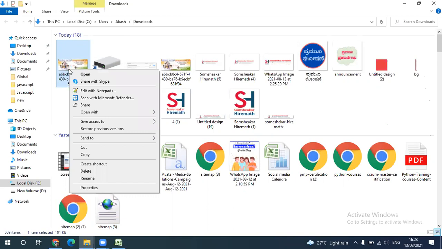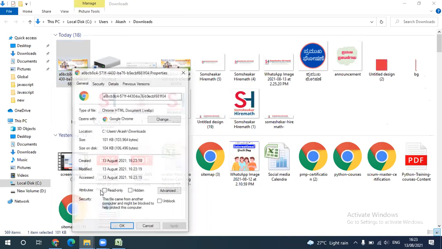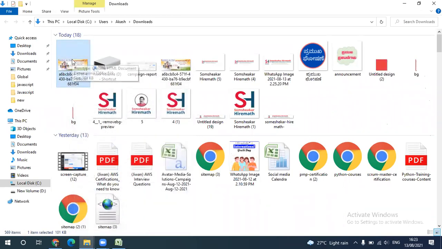If you right click and see properties, you will get to know which format it is. Yes, it is WebP format. How much size is it showing? 101 KB. Almost the same. Both come out the same here, but the priority is WebP, which usually compresses more. Okay, one more we will take.